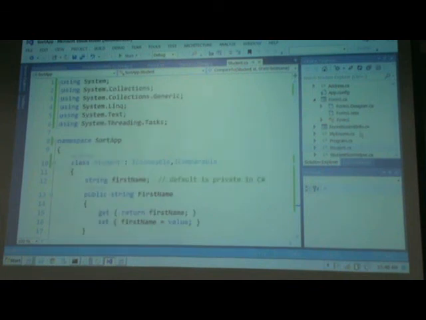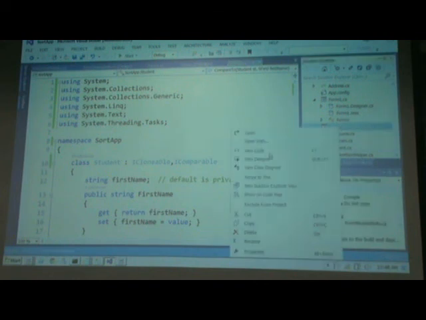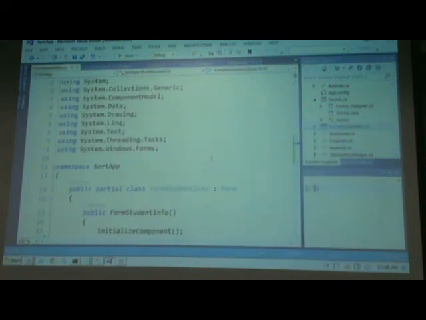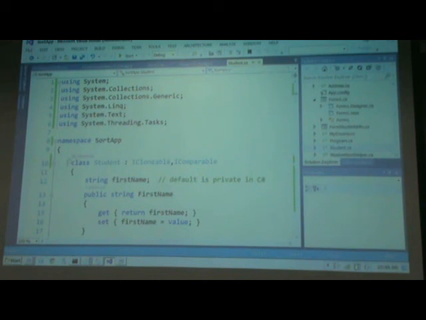Once I go to the form student info, okay, it's called public, right? So an easy way to fix this is go to whatever class you're referring to, also make the whole class public. Okay, so anyway, if I run it,